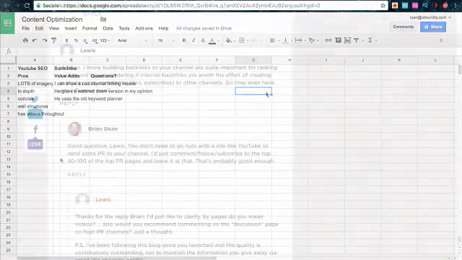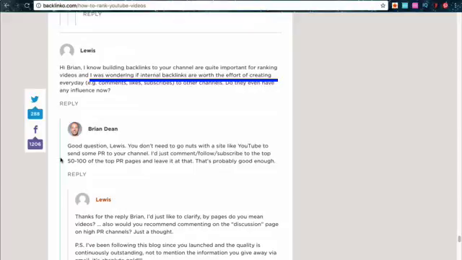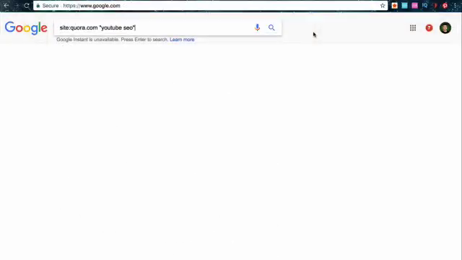Look in the comments section, but this time for questions from readers. These questions were perhaps not addressed in the article. Add these to a spreadsheet, as well as any topics that you see that you also want to include in your blog post. Now, head back to Google search and type in the following: